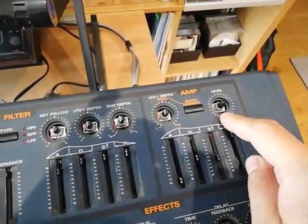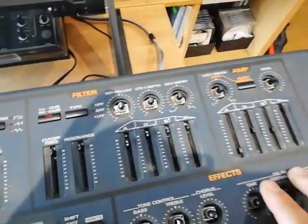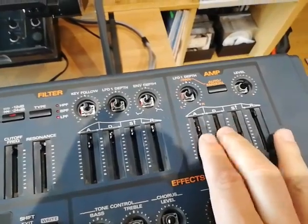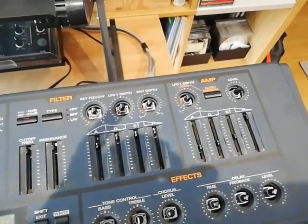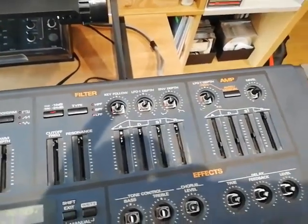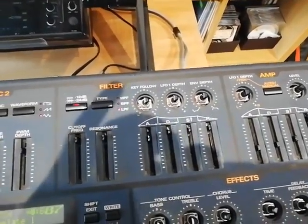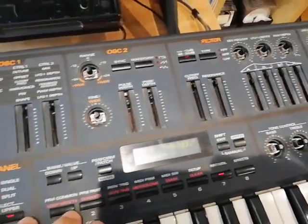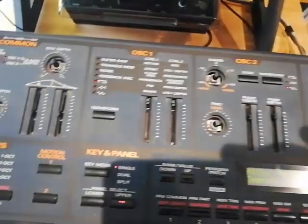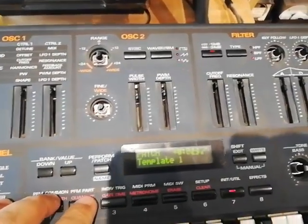I'm going to replace the level knob here. I just ordered a new pot that is fully compatible with this one. In terms of the sliders, there are ways of actually repairing them. You have to extract them, desolder them, and then open them up. You have to do a very thorough cleaning, and then some lubing, and probably it should be just fine. But I did find some parts that are not Roland, but might be compatible. So I might want to test that out as well,